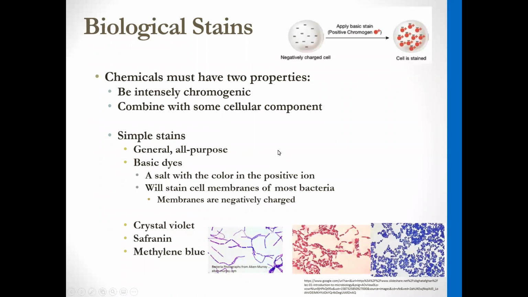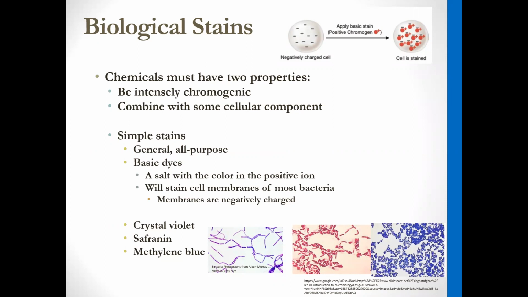So when it comes to stains, the simple stains are basic dyes, okay? That means they have a positive ion associated with the color. And all bacterial cells have an overall negative charge. That's just part of their cell wall structure. All bacteria have a negative charge associated with them. So when you add a positively charged dye or stain, that colored stain is going to be attracted to the entire surface of the bacterial cell, which is how you're going to be able to easily see its morphology and